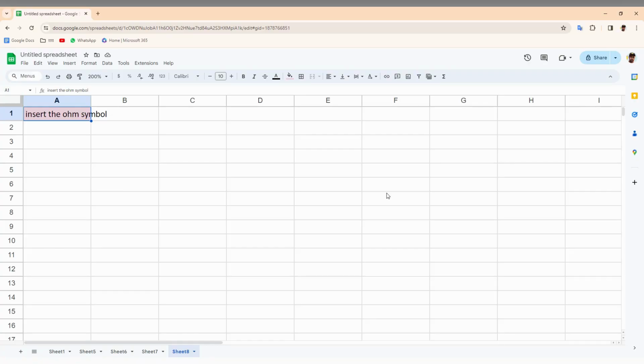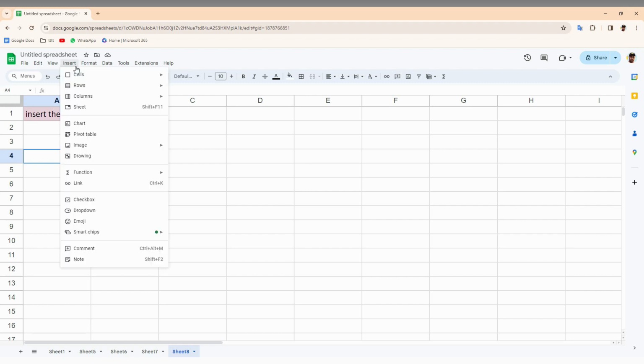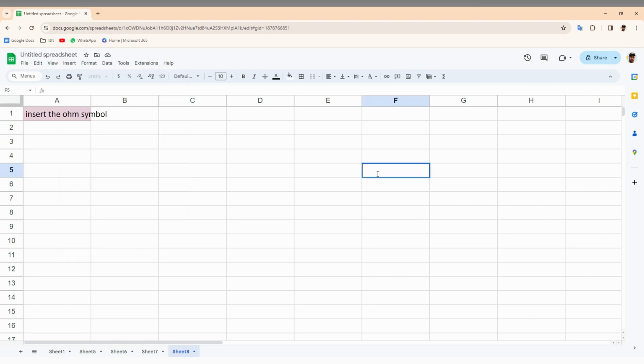Now, how to insert the home symbol in your Google Sheet web on the PC or computer. If you are using the insert option, searching for a simple option, there is no simple option. So you just need to use a keyboard shortcut as an alternative. The alternative keyboard shortcut is the Alt key with